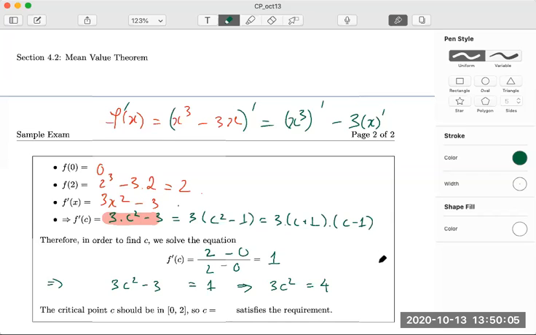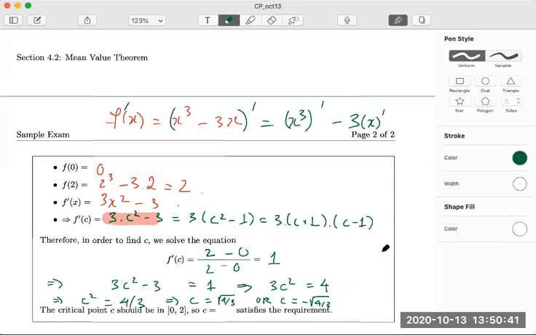So what should we do now to find c? Yes, it means that c squared should be 4 divided by 3. And then there are two cases, right? C would be? Yeah. So plus square root of 4 over 3, or C would be minus square root of 4 over 3,